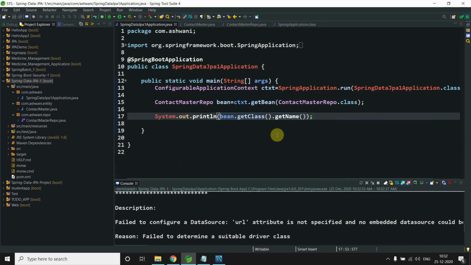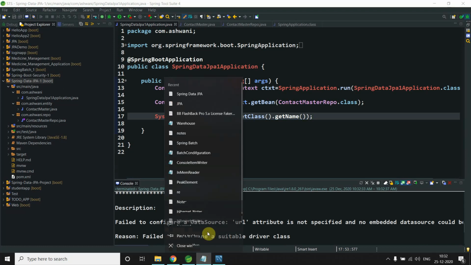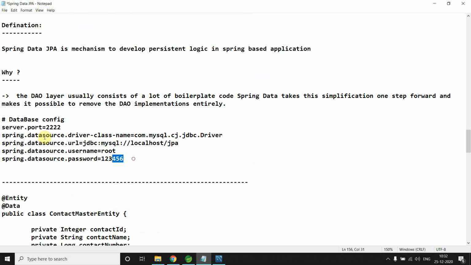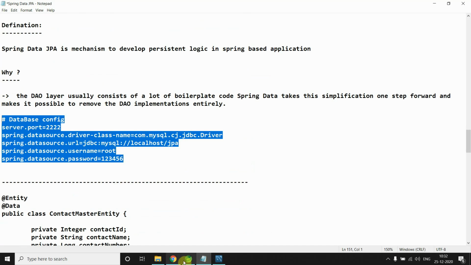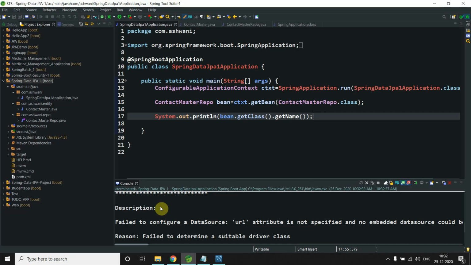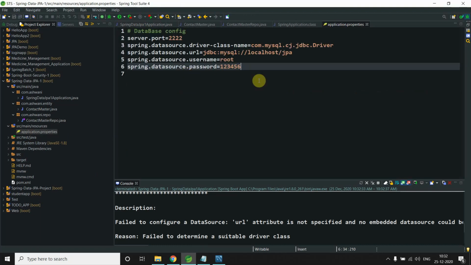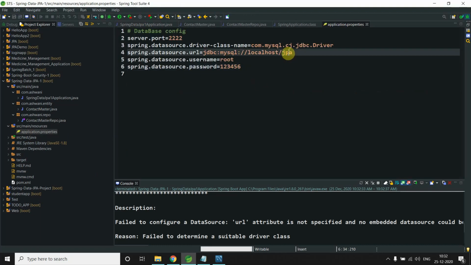Yeah, we have made one mistake here. What mistake? We forgot to mention these settings in the properties file. No issue. In the resources application.properties, I'm using my database, JPA, username root and password root, and driver class, all these.